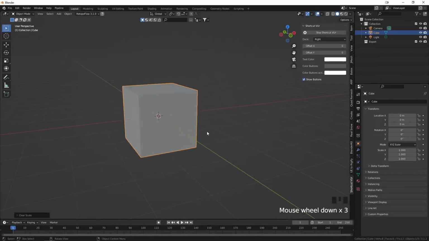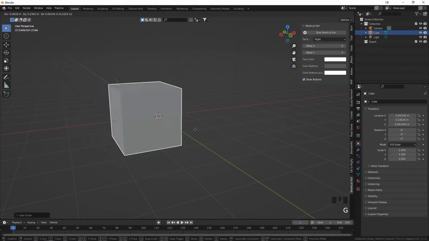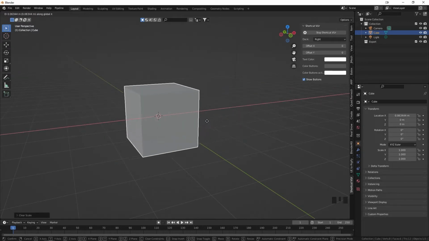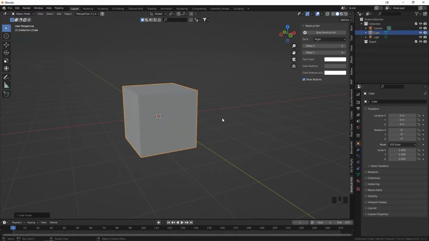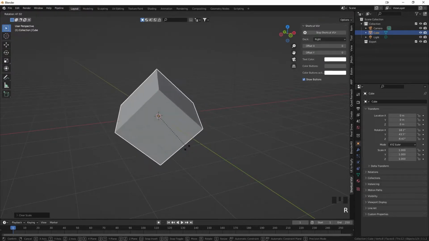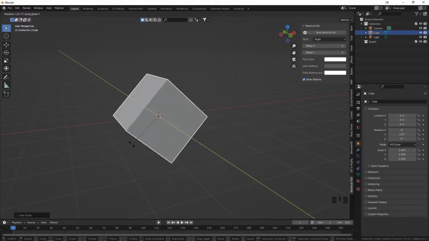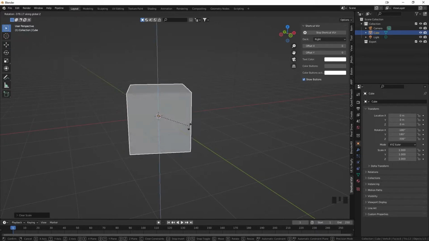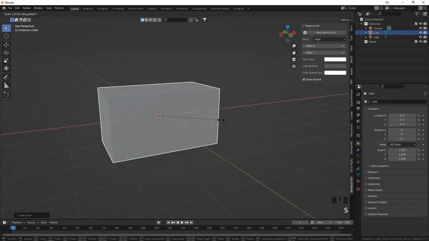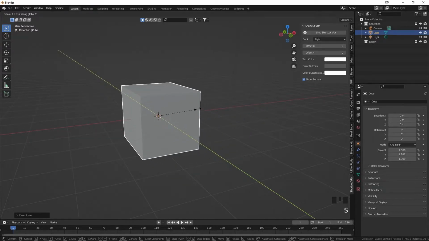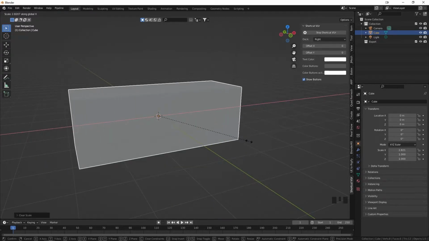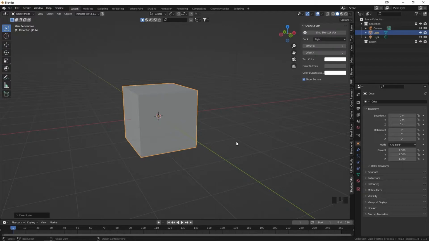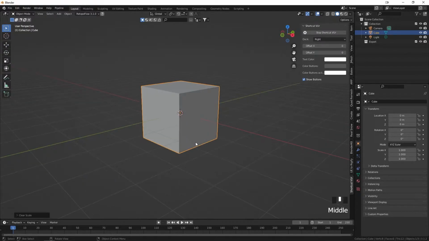We know how to grab an object, and how to restrain it by pressing G, R, or S. So if we rotate and we press X or Y, we can restrain the rotation on those axes as well. For scaling, that's also the case. It's beautiful. Cool. So now that we know how to do these basic things, I think we should get started